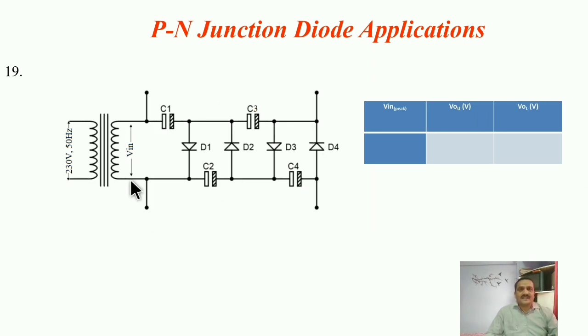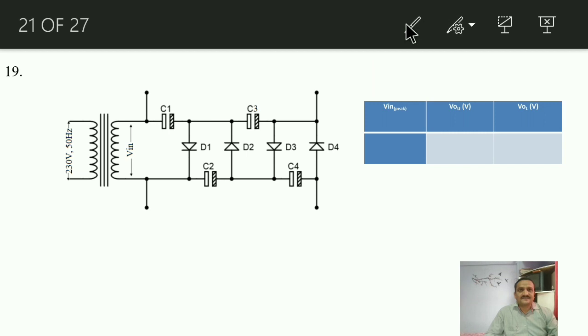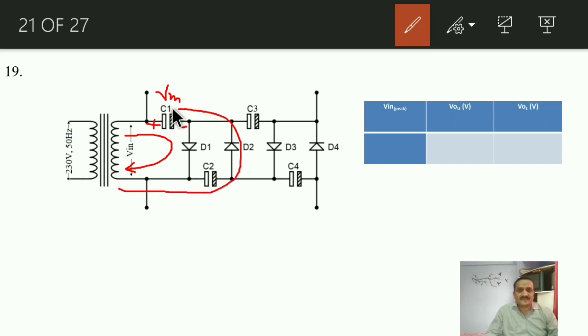Now in this circuit, see, during the first positive half, diode D1 will conduct. Current always takes the minimum and shortest path. That's why diode D1 will conduct. Capacitor C1 will get charged with the polarity like this and with the amplitude of Vm, right? During this first positive half cycle, diode D3 will not conduct because, as I said, current always takes the shortest and minimum resistive path. That's why only diode D1 will conduct, right? Now during the negative half, this terminal will become positive, and that's why current will flow through diode D2 like this.